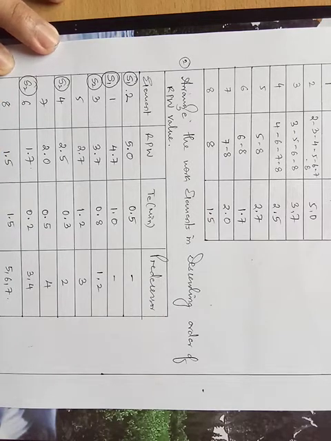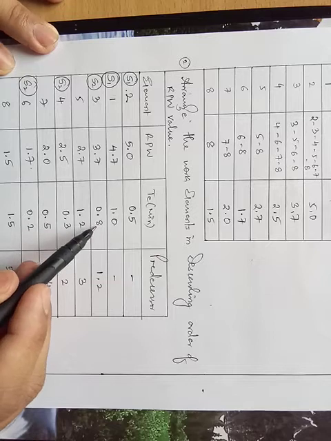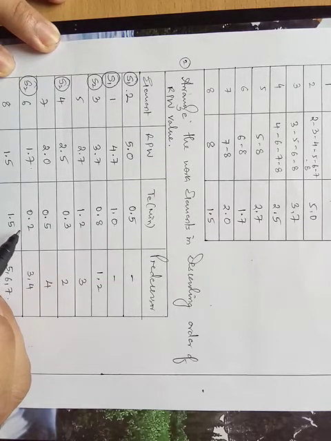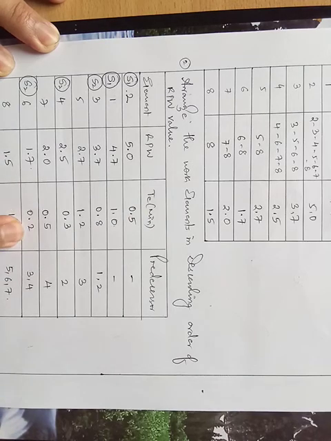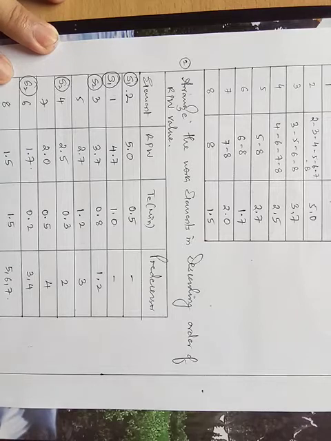So there are totally 3 elements on workstation number 2: element number 3, element number 4 and element number 6. The total work content time is 0.8 plus 0.3 plus 0.2, right? So it is still less than 1.5, and that is the reason I have allotted work element number 6 to station number 2. Next, let me go for workstation number 3.